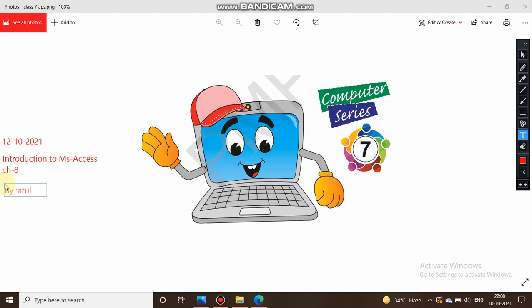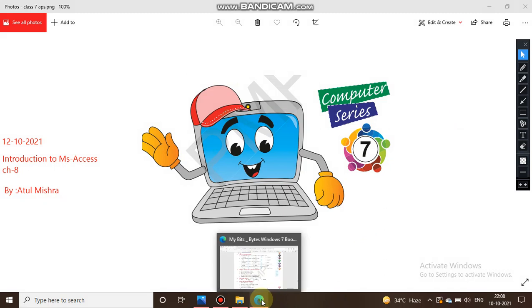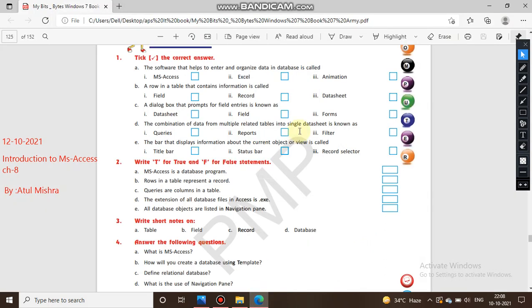Just let me write up the name. Okay, it's all done. So here you can see the exercise is there. The first is tick the correct answer. The software that helps to enter and organize database is called.